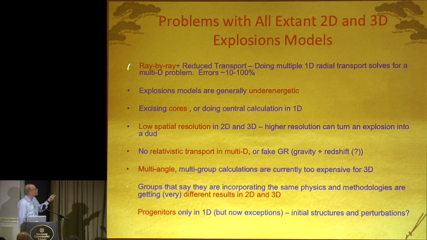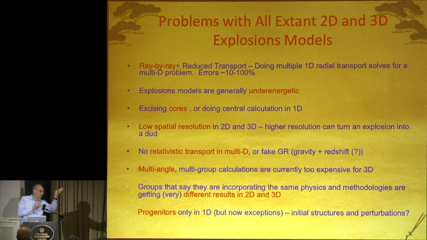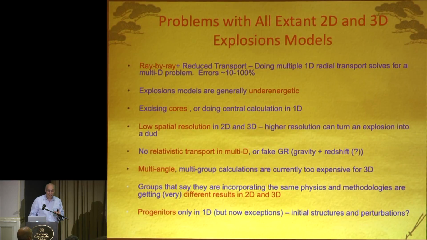There's a method that's being used for the transport, which is one-dimensional transport calculations in a 3D or 2D simulation. It's called ray by ray. It isn't getting the specific intensity distributions at all. It's doing 1D along the temperature density profile in that direction with a few corrections, and then doing it differently in this direction, et cetera. When you do these calculations in 2D, the pole to equator contrast is much larger than it should be.